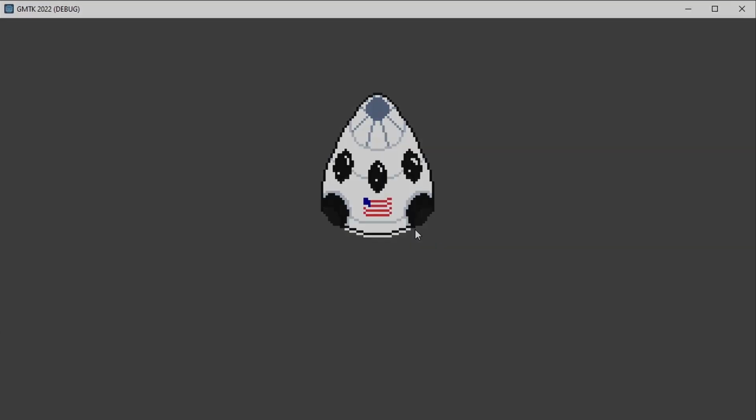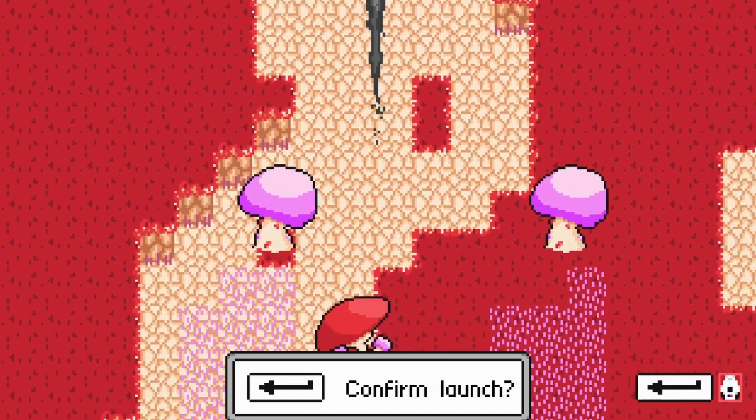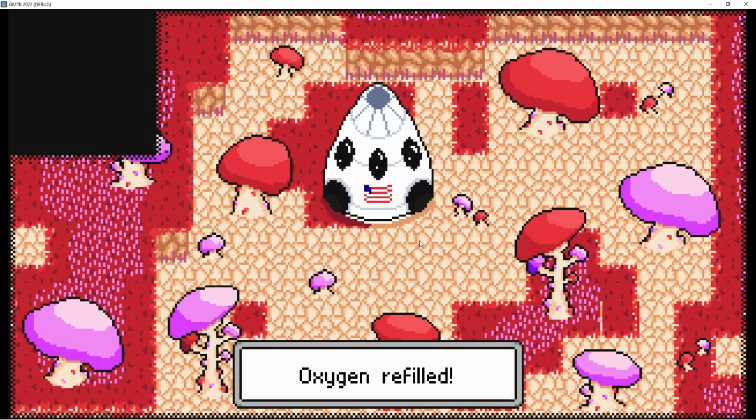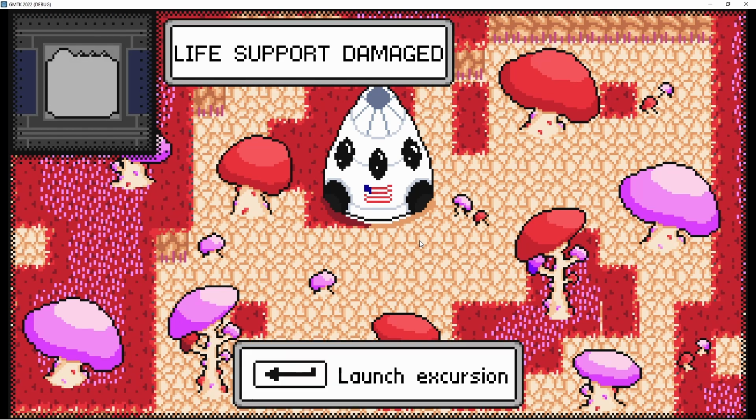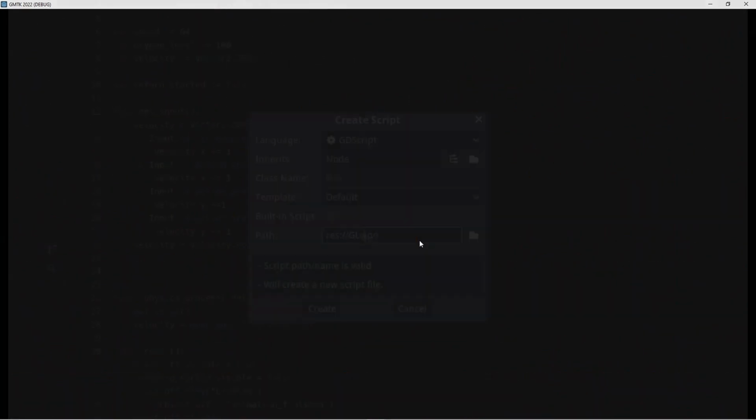I can also disable the character's movement through a simple boolean so you can't, I don't know, slide sideways while launching off the planet. The rocket scene that I briefly showcased earlier is where you return every time your oxygen is running low and is one of the most important parts of the game. Not only does the random oxygen refill happen here, something I'll talk about shortly, you also get to see the number of launches your jetpack still contains, as well as the fragments of the shattered life support.